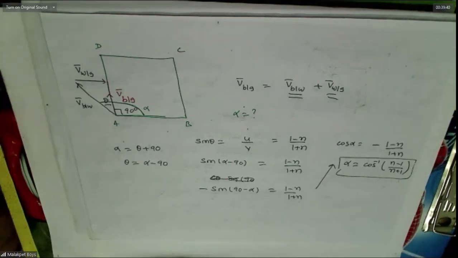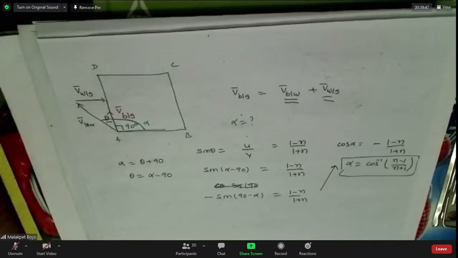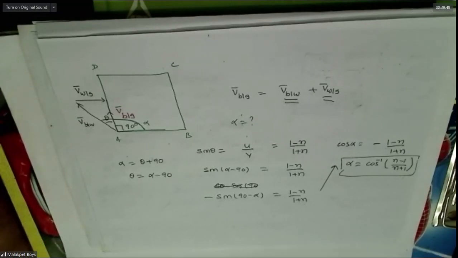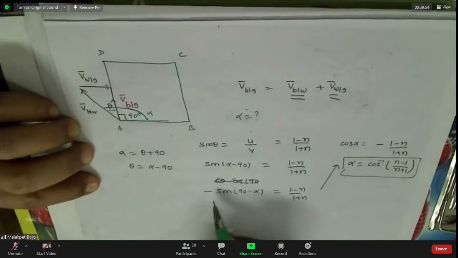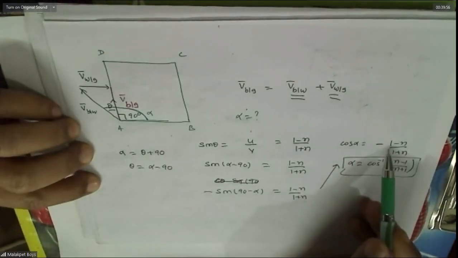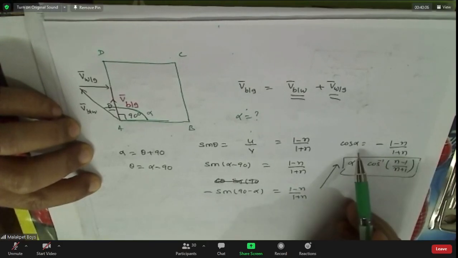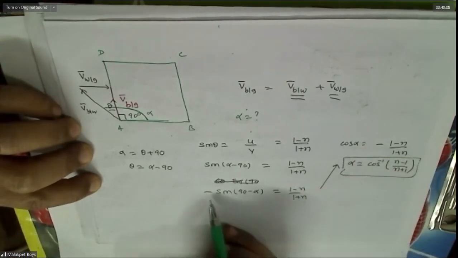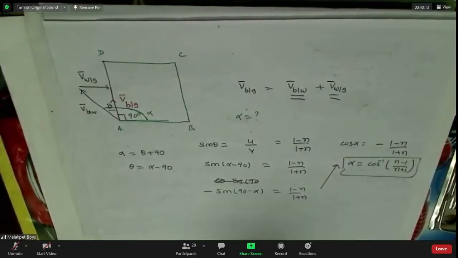Yes, sir. I have a doubt. Tell. Sir, what did you do to the minus sign? It should come n minus 1 divided by minus of 1 plus n. No, sir. Where? This one. After you resolved it, cos inverse of n minus 1 divided by minus of n plus 1. No, sir. This one I am saying. Understood. This is 1 minus n, I wrote n minus 1. Yes, sir. Understood.